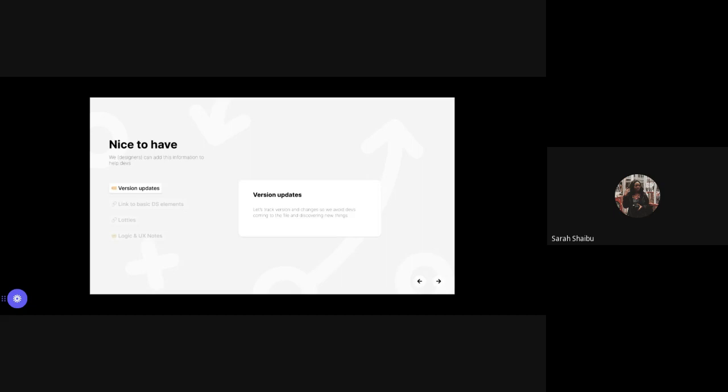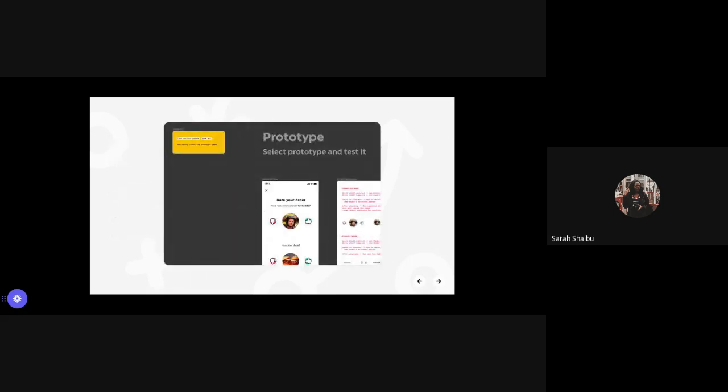Because this file is already a ready to dev file, oftentimes I may not put a version note there, but if for any reason something happens in that ready to dev file, even a small change, I might put a note that just says, oh, this button was updated from this color to another color. But typically I've already spoken to my developers and they know that everything in that file is final, so no need to track any changes in that particular page.